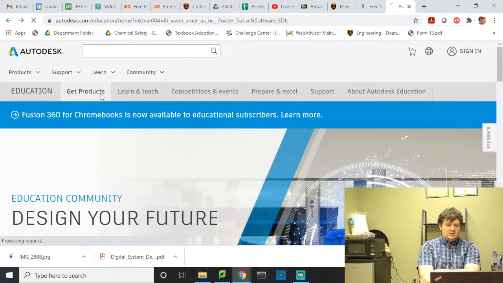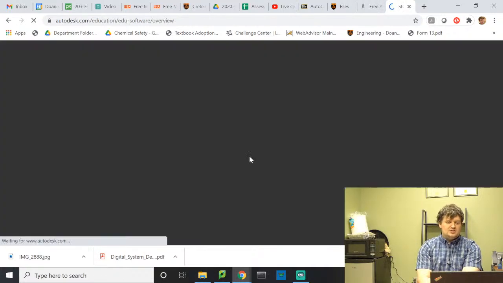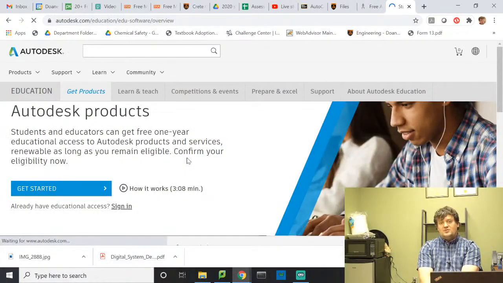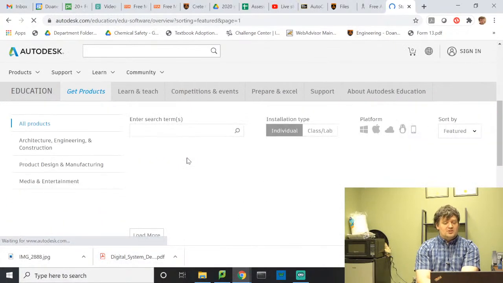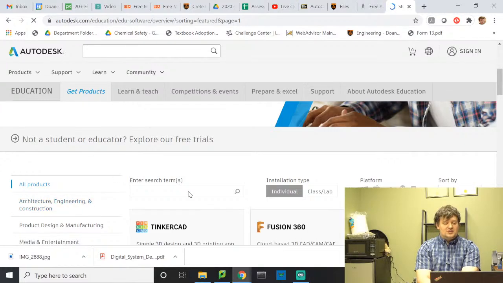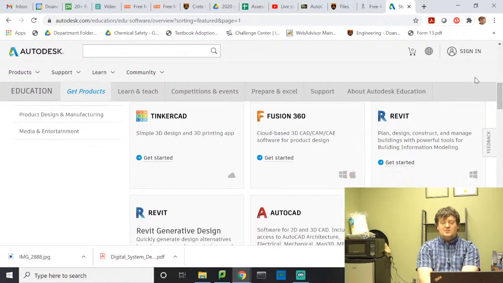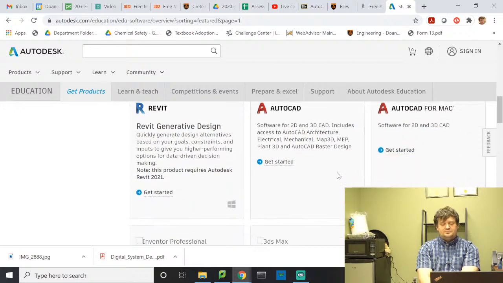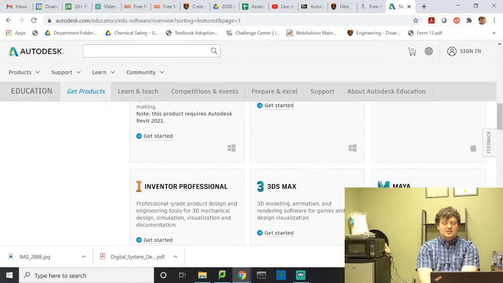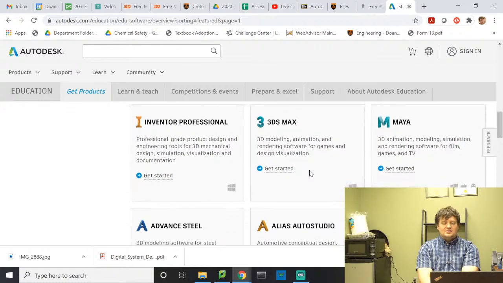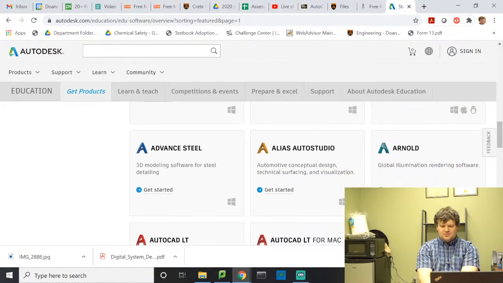But going into educational software, there's a lot of different software that you can download. There's Inventor, there's Tinkercad, that exists. It's not my favorite. Fusion 360, it's cloud-based. It's nice. Revit, some of you have used that. It's mostly for building buildings. AutoCAD for Macs. 3ds Max, Maya, Arnold.